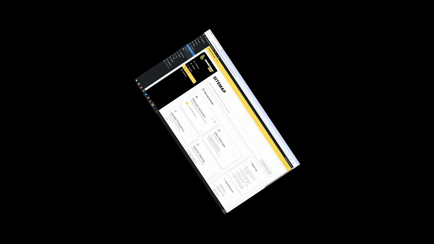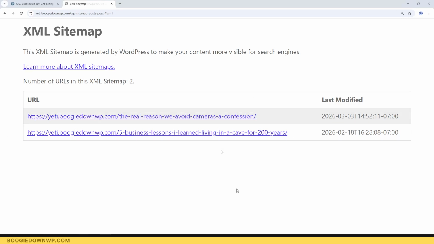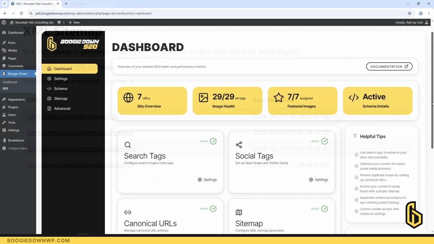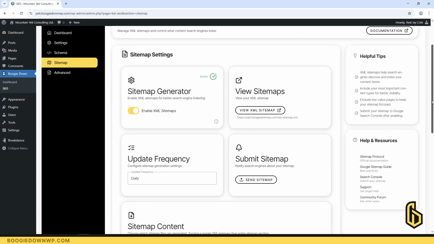What is a sitemap, might you ask? Sitemaps are the table of contents for your whole site. Between Boogie Down WP and WordPress, this is mostly automatic. But in this episode of the Mountain Yeti series, we'll look at the sitemap fine-tuning we can do here in